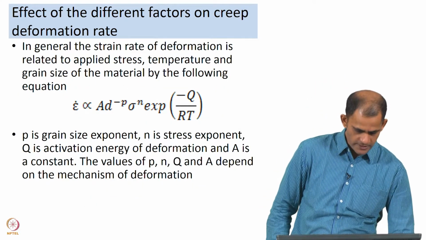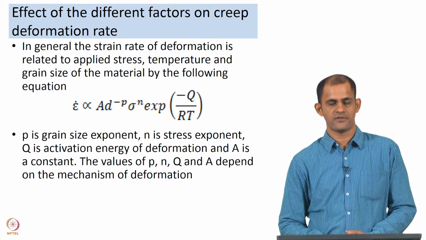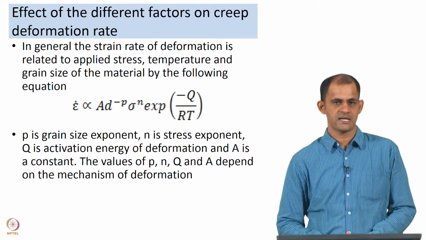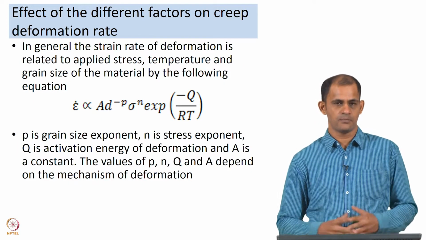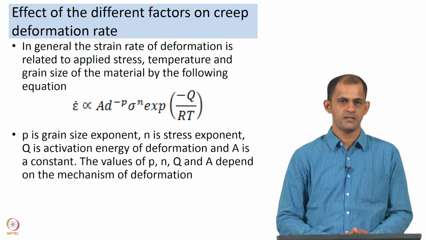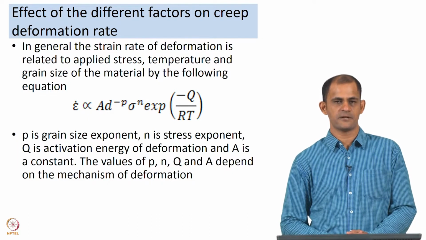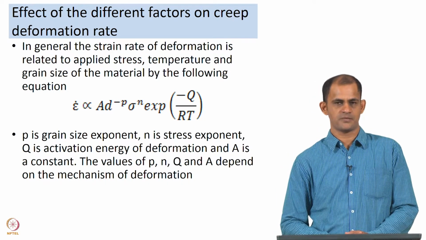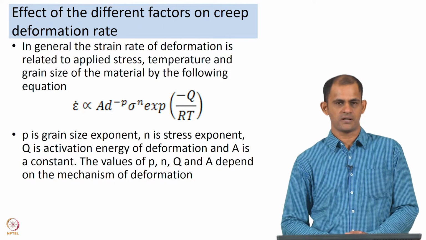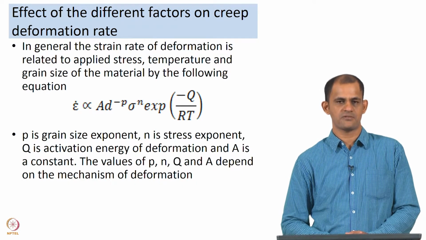So, if we consolidate all of these, we have looked at the effect of stress, we have looked at the effect of temperature, and now we spoke about the effect of grain size. All of these have a role to play in the deformation rate. So, if you bring all this information together, in general the strain rate of deformation is related to applied stress, temperature and grain size of the material by the following equation. Epsilon dot is proportional to d to the power minus p, it is proportional to sigma to the power n, and it is proportional to exponential of minus Q over RT. Like I mentioned earlier, p is the grain size exponent, n is the stress exponent, Q is the activation energy of deformation,